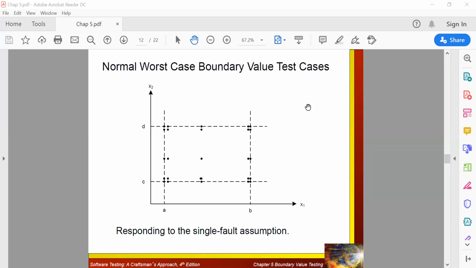Okay, so let me take an example. Suppose we say that a is equal to 1. I'll just pause the screen for a minute.